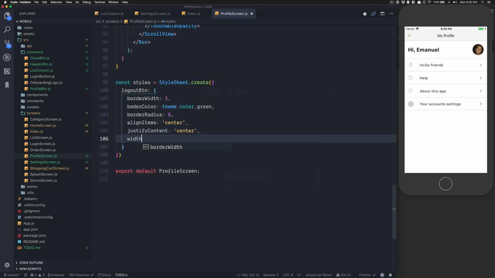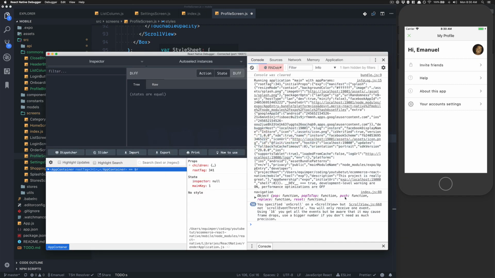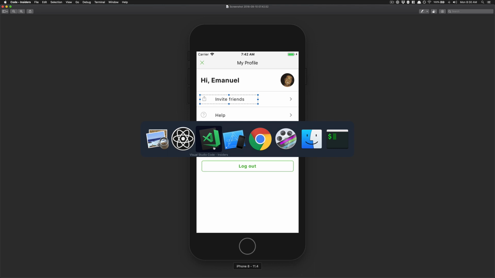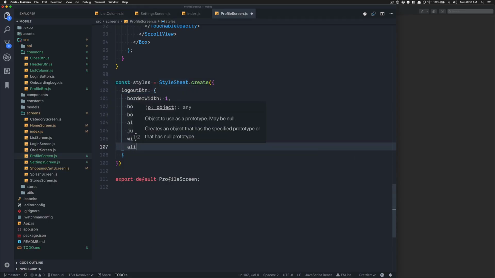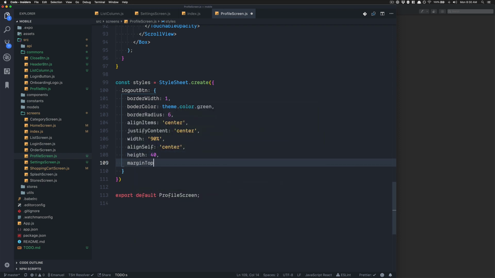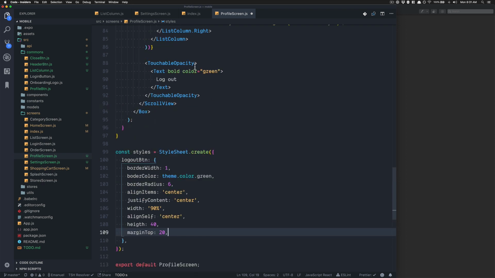After that, we want it to be a width of 90% of the screen, because if we look in the preview, it doesn't touch the side. And if we don't put align self center, it's not going to be in center, it's going to be in the left, so we need to put this. We're going to have a height of 40, and I want a margin top of 20, so I want a margin top from the last list column of 20. And now we pass this style logout